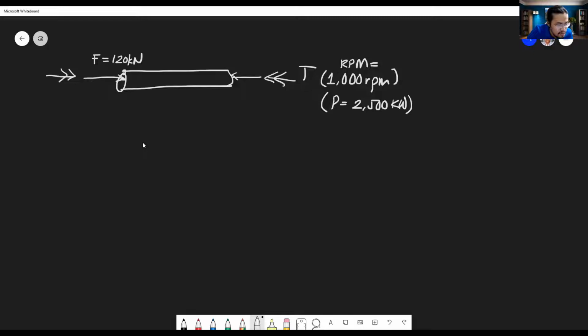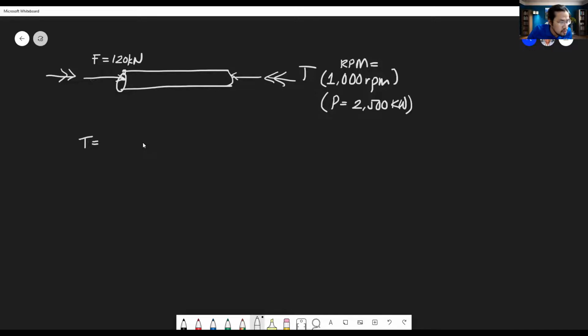So you're trying to find the principal and maximum in-plane shear stress, and also we are trying to find the stress in the surface. So you have here the torque. The torque is equal to what? The torque is equal to